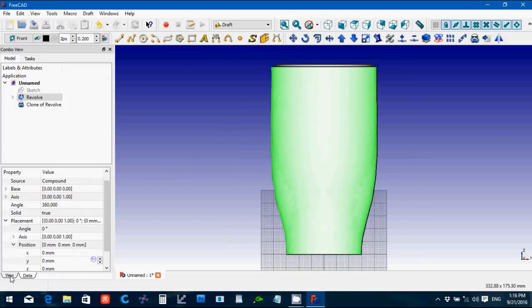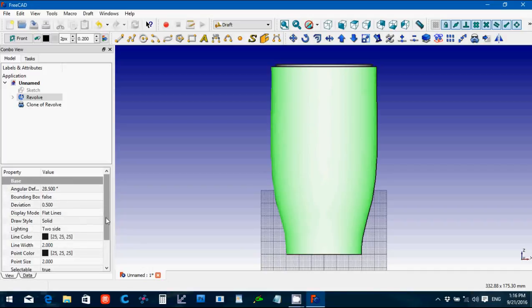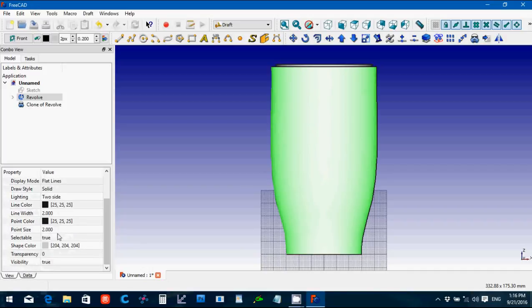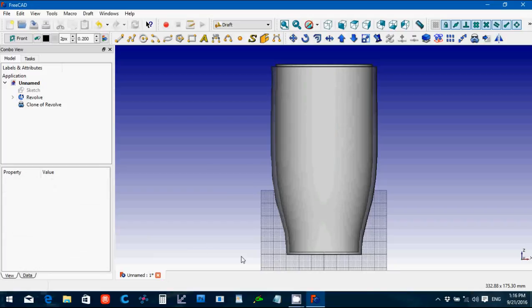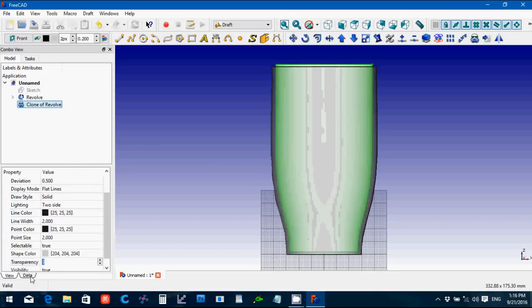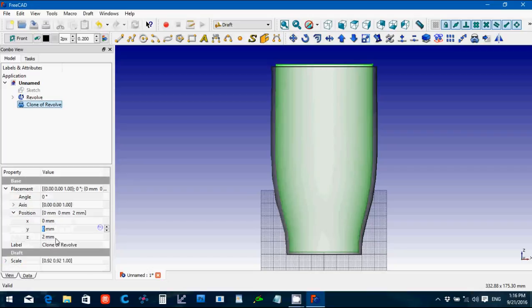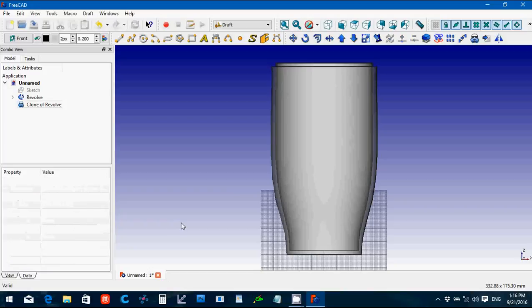Go into view, and set the transparency at like 50% usually. Maybe I'll make that go up one more. Okay, so you can take the original wall,